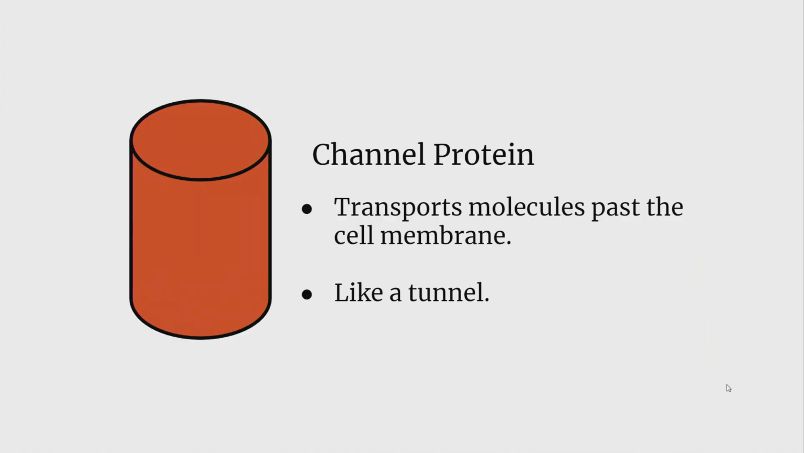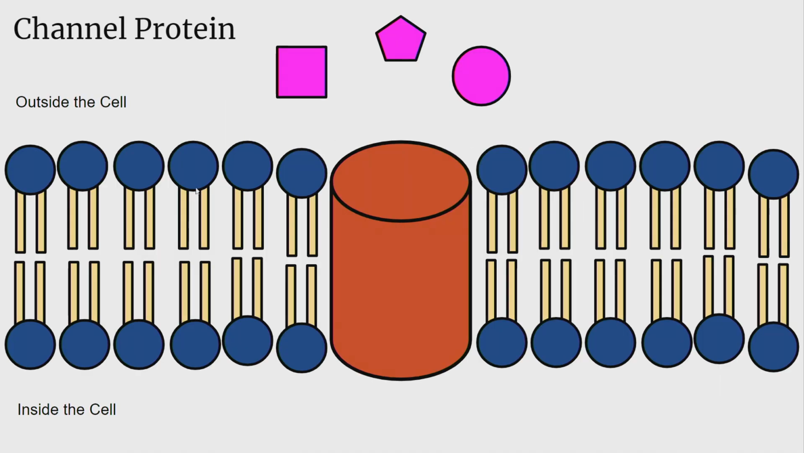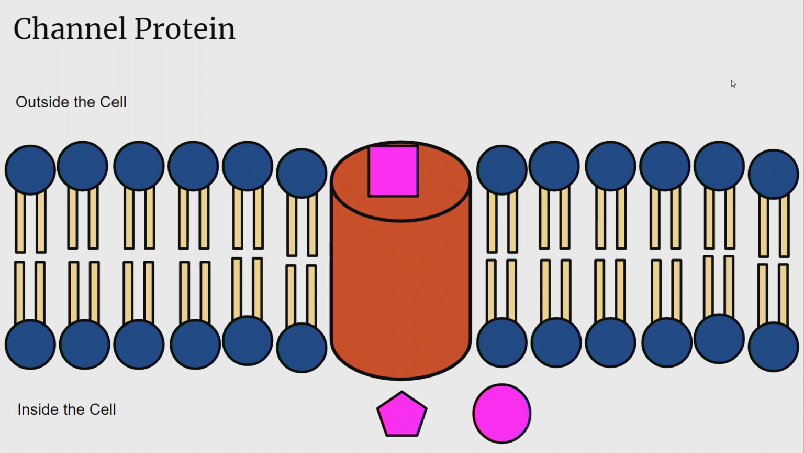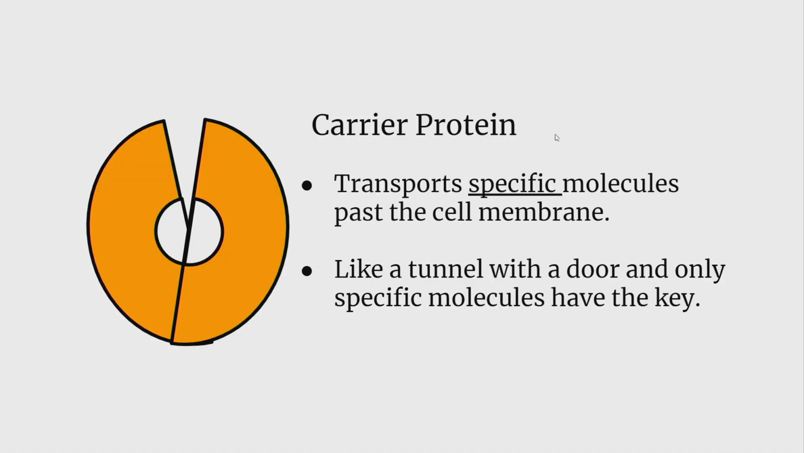Channel proteins transport molecules past the cell membrane like a tunnel. If this is our outside the cell area, extracellular, here's our inside the cell, or our cytoplasm. Here's a bunch of different materials that can pass through the channel protein that wouldn't be able to pass through the membrane. Carrier protein. This will transport a very specific molecule past the cell membrane, like a tunnel with a